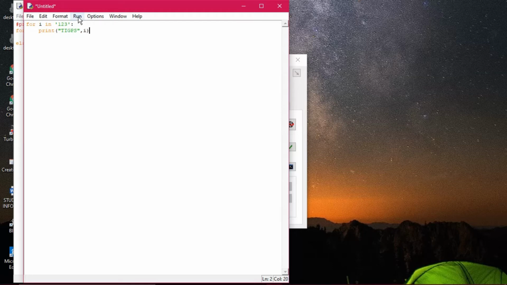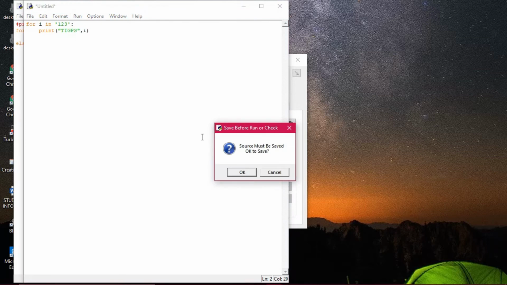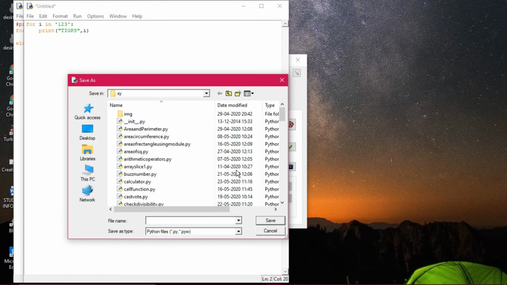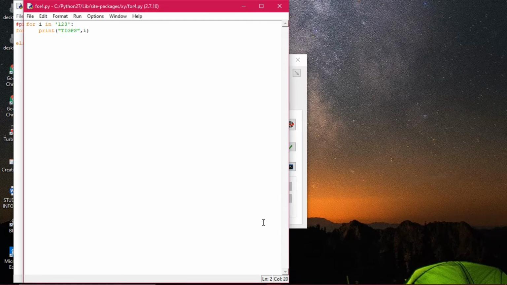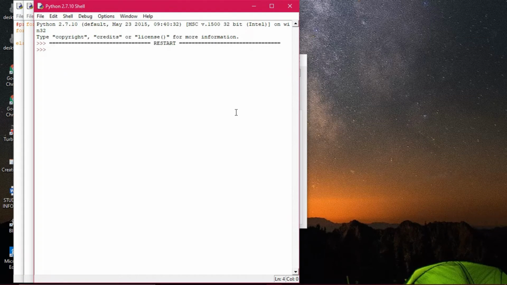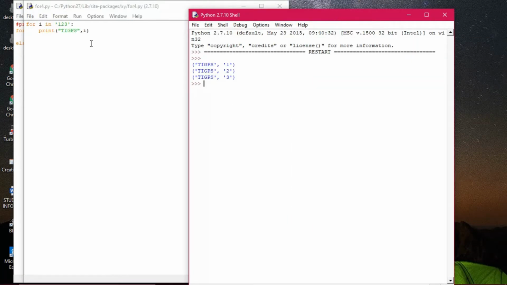Then I am executing this program. Now you change the variation here. I'm saving it as 4, then you see how the output appears. TIGPS 1, 2 and 3 has been printed, because for i in 1, 2, 3, there are 3 characters, that's why 3 sets of execution took place.